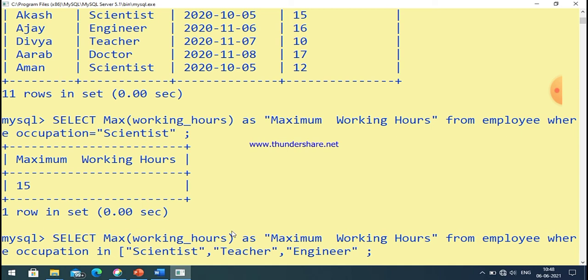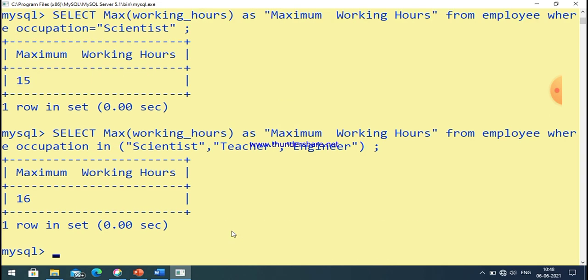All the values should be mentioned within the parenthesis sign, like that. So occupation in scientist, teacher, engineer. Always remember that values should be mentioned within parenthesis. So the minimum working hours among scientists, teachers and engineers will be calculated here, which is 16.